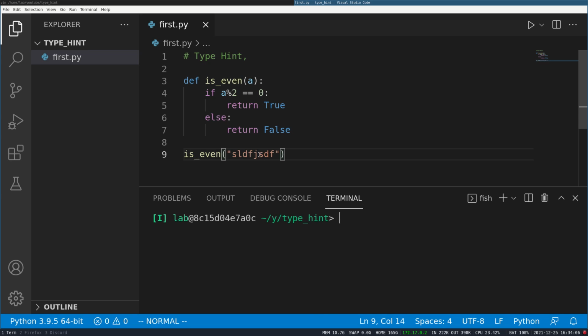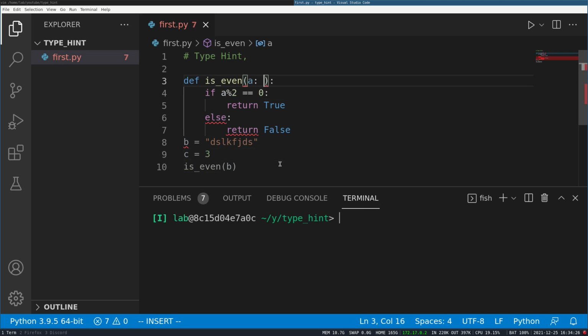Actually now you know because I have told you, but let's say there were two variables and another variable is an integer, and instead of passing C you accidentally pass B. Now you don't know until you run the code, which might be in production, but you can avoid this issue if you type hint it and tell your IDE. In this case I'm using Visual Studio Code, but you can use any IDE.